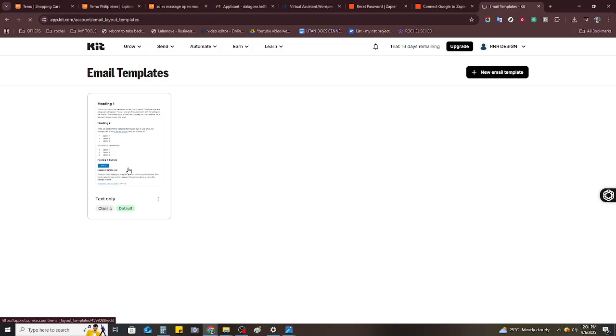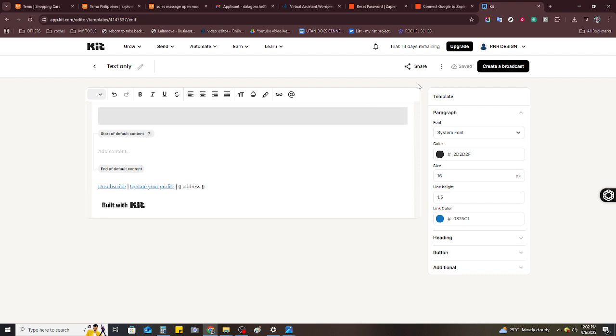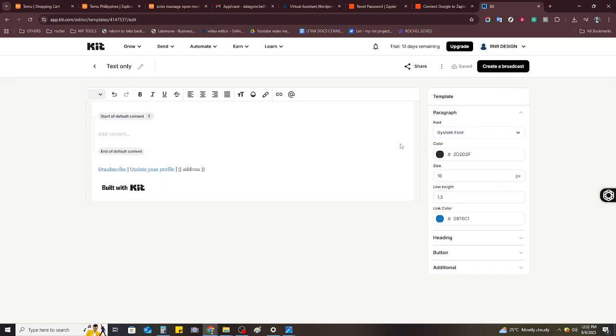Now on to the exciting part. It's time to insert your button. Look at the editor toolbar and find the plus sign, which stands for Add Block. Click on this and a menu will pop up. Select the button option, and just like that, a default button will appear in your email, ready to be customized